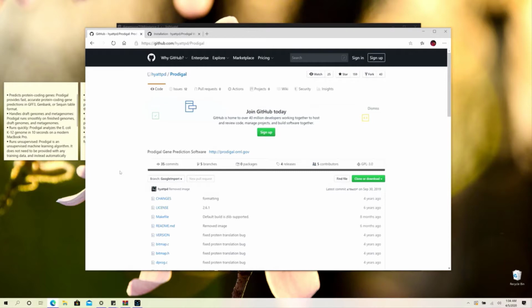To get started, I will be providing you these handwritten, curated notes to give you a basic concept of how Prodigal works. Prodigal predicts coding genes out of your genome. Whatever genome you provide, it will predict protein coding genes, and it will provide those results in a GFF